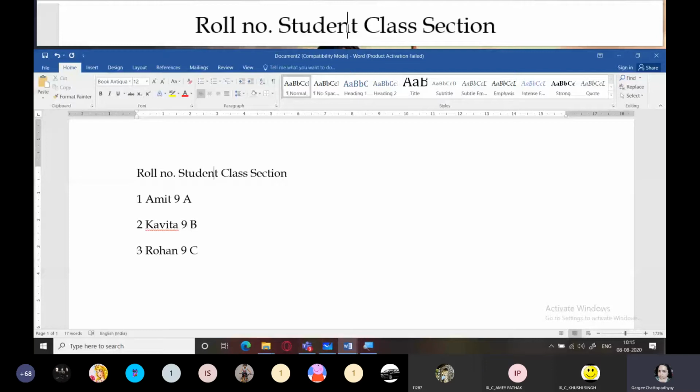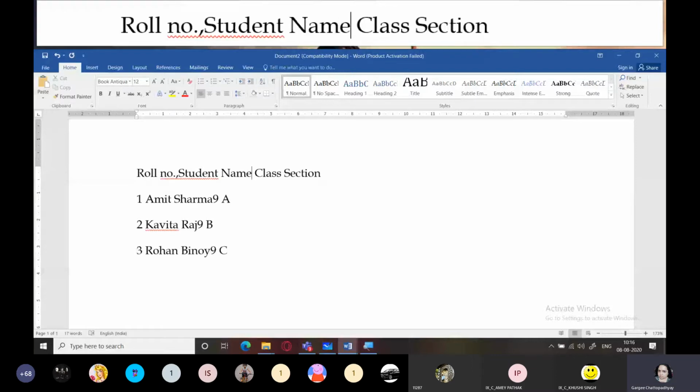So now what I'm going to do, I'm going to separate each of these fields with a comma. That is comma separated values.